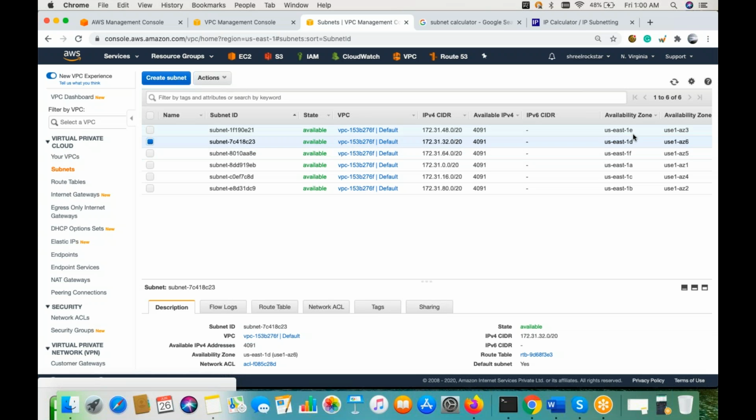If you see this, they are referring to multi-AZ also, like high availability. So 1E, 1D, every zone has different subnets available. If you're looking to use all the subnets, then only you have to do this splitting in the IP addressing. Generally we are not doing that; we go with 2 or 3 availability zones, that's it. So we can work it out.